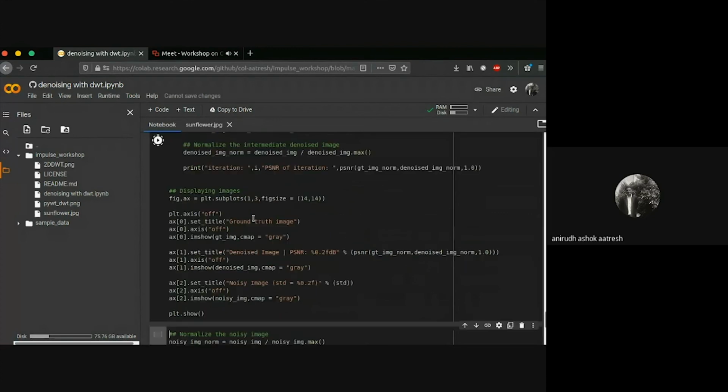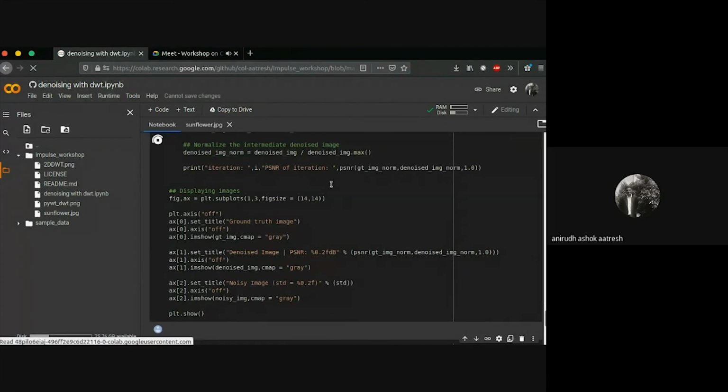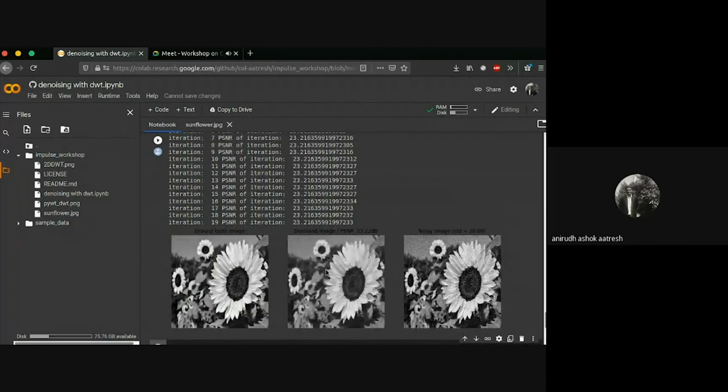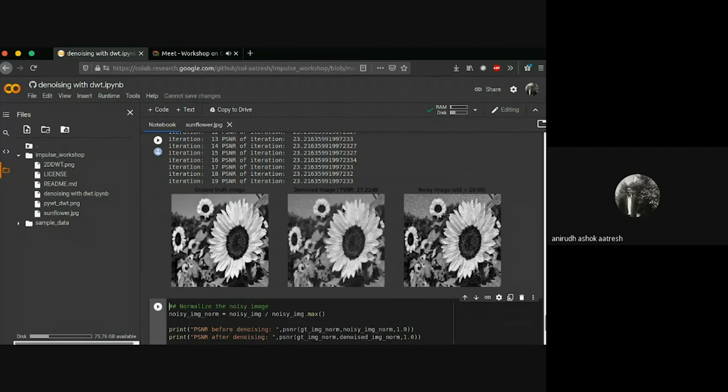Running this code will result in a denoised image. As you can see, the image in the middle has a lesser amount of noise compared to the image on the right. It has actually done a pretty good job. This PSNR value, when you are running it, might be different because of the random noise added. I think usually it will be between 22 to 25. If you run it multiple times, you'll get different values of PSNR here, mainly because of the randomness of the noise that's added.